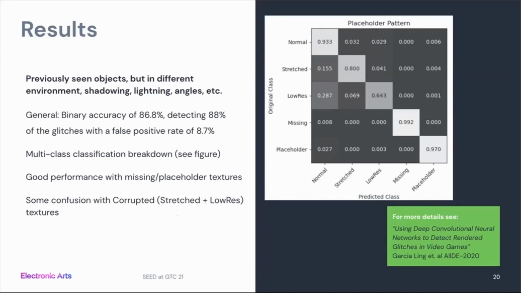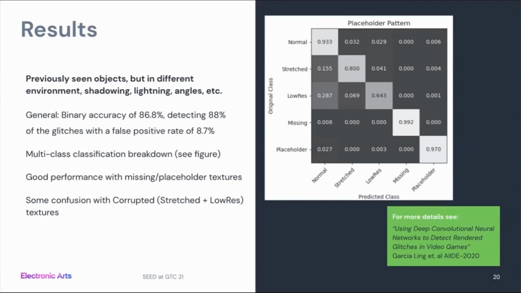And a little bit on the results. Here you can see the model is really good at finding placeholder and missing textures. But it wasn't that good at finding low resolution textures, which is also a little bit expected, because we saw in the Jira database that even human playtesters mistake normal textures as low resolution textures. So it actually wasn't a bug, but the model thought it was. It is hard for humans to assess if it's a low resolution texture or if it's supposed to be like this.